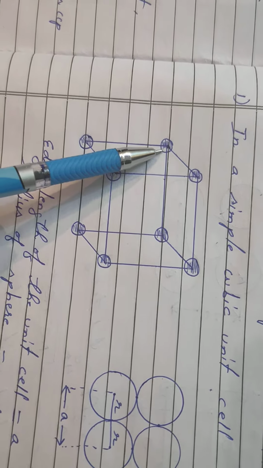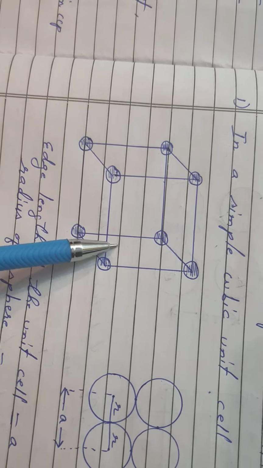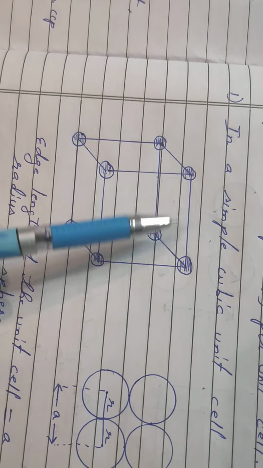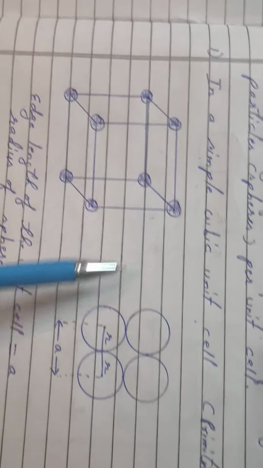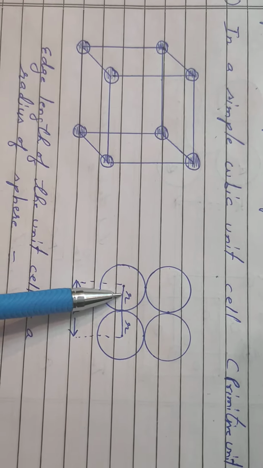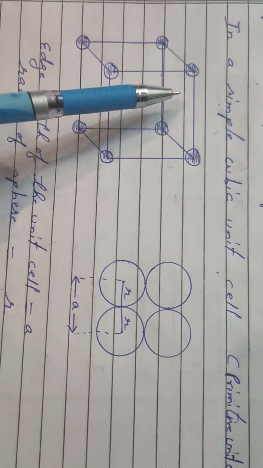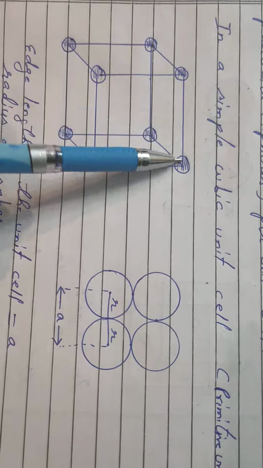Okay. Now we have to show the close packing. Means जितना possible हो सकता है इन्होंने ये जो spheres है they will come close to each other. So you can see here these will come close to each other as is. You can say this is the top view of this unit cell. Okay. You have to omit these lines.